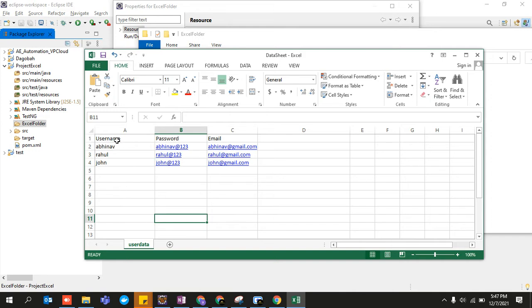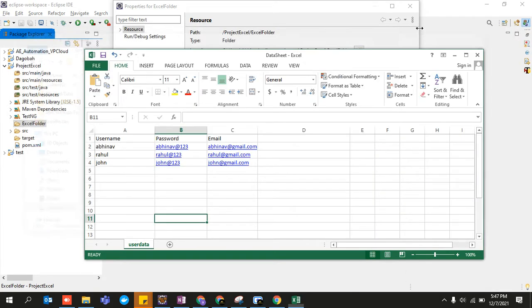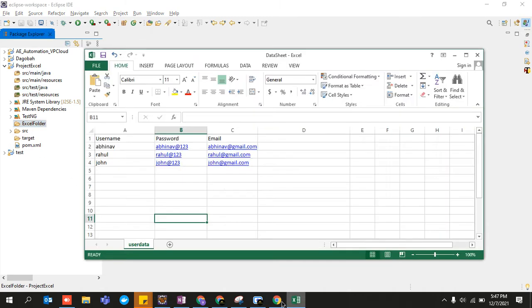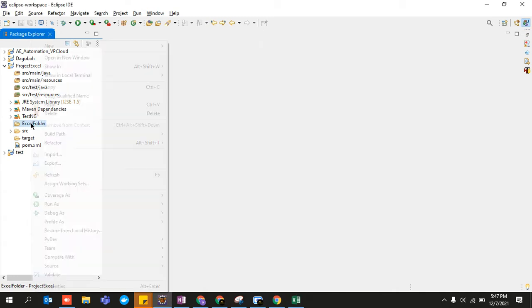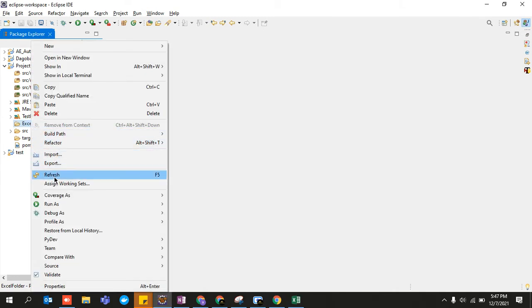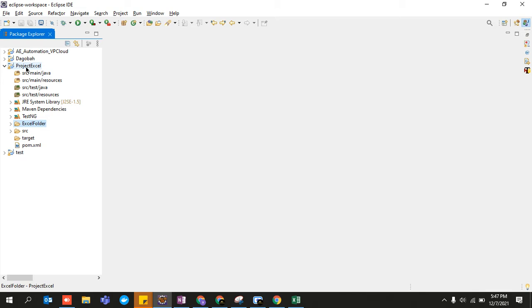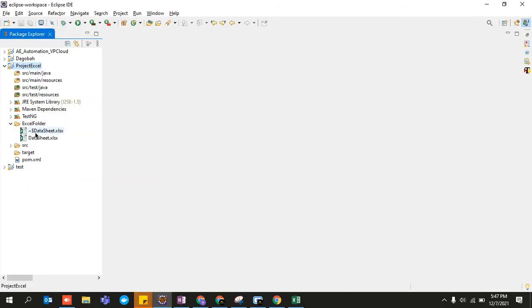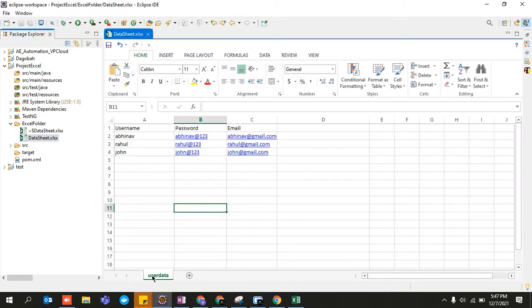So this is the data, and now we have to read it. Even before going to the coding part, I'll make you visualize what it's all about. First of all, refresh this so that your file comes over here. If it doesn't come, you can refresh it again and you can see that your datasheet.xlsx is there, containing the data, and this is the name of my sheet.